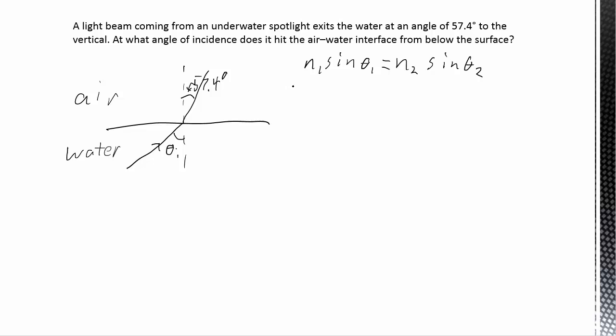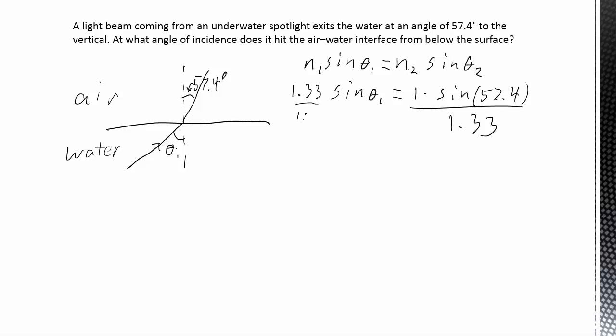Okay, so for water, n is 1.33. Theta 1 is what we're trying to find. N2 is air, so we're just going to use 1, even though it's 1.0003. And then we've got sine of theta 2, which was 57.4. Okay, so we just have to solve this guy for theta. We can divide both sides by 1.33, so that goes to 1, and then if we take the arc sine, then we're going to have theta 1 equals arc sine